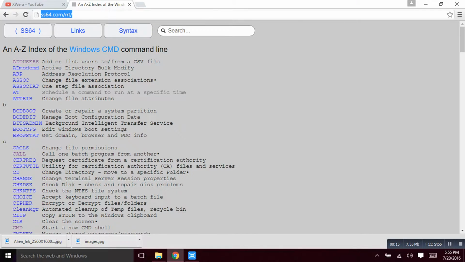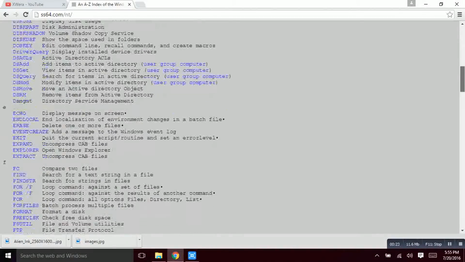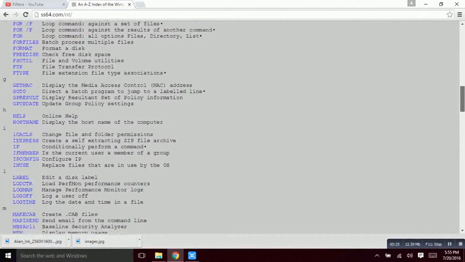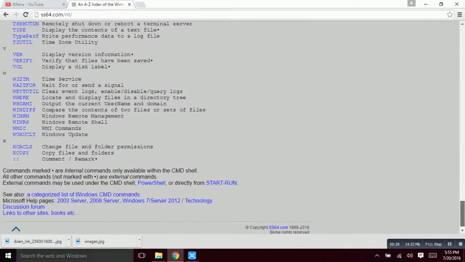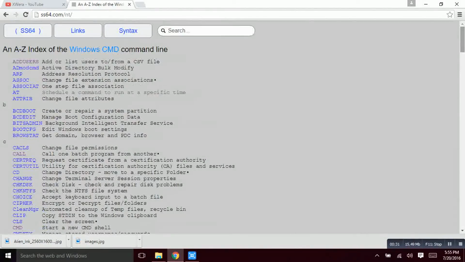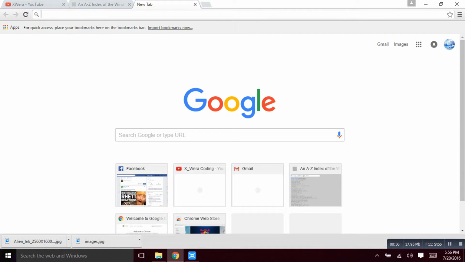First things first, I'm going to give you this website, which is ss64.com/nt/. This site has all of the commands for you here, and it gives you a brief description of how they work, and if you click on it, it goes really in depth on how each command works. It's great. There's no ads on the site. If you have any questions, you can usually just Google what you want to find, or you can go to